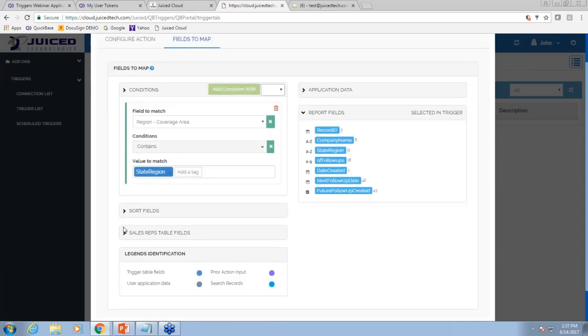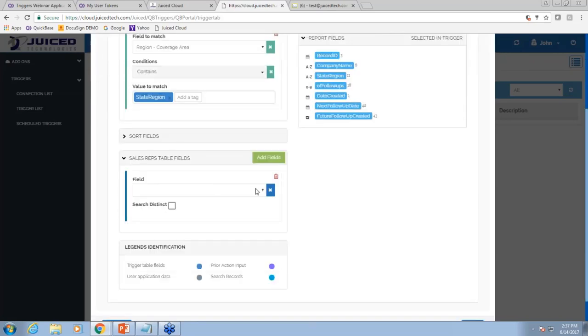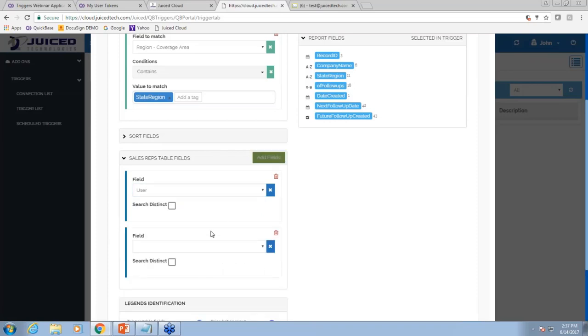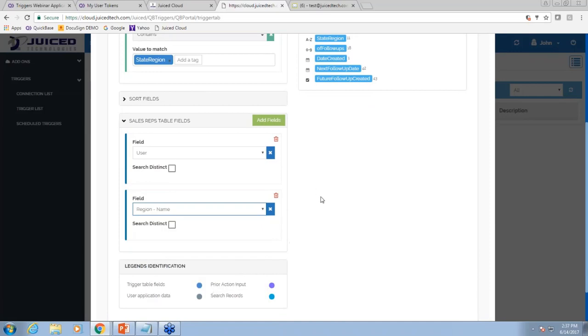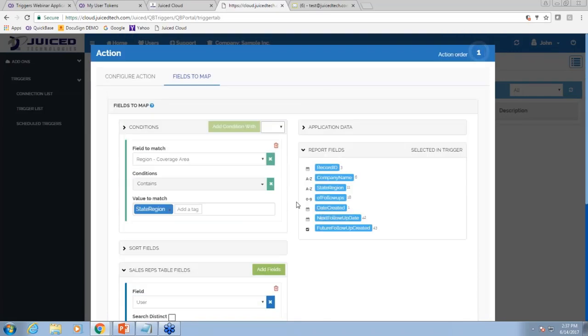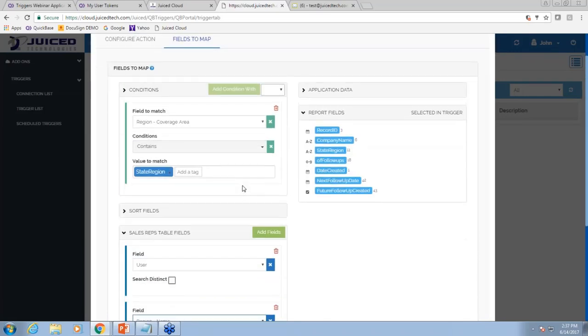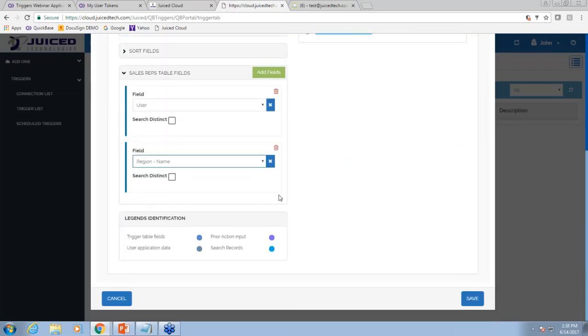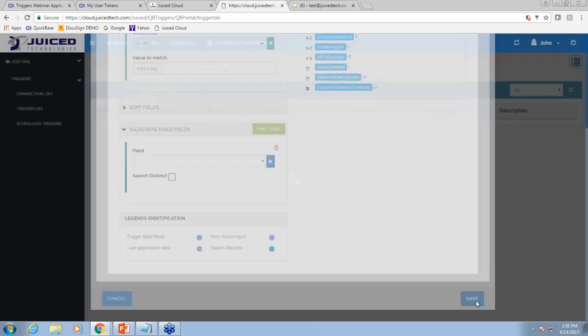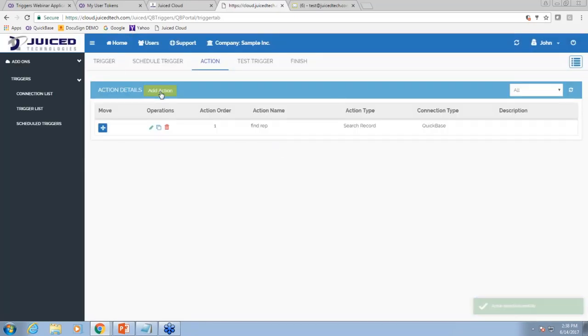Again, I'm going to pull in my two fields, my user field, and I want to bring back my region name field. So again, this action was to find the sales rep by the region and bring back the user and the region name. And I'm going to save this. Action number 2